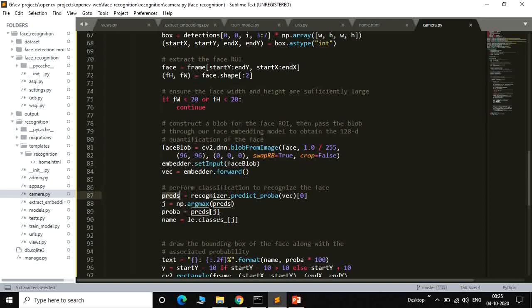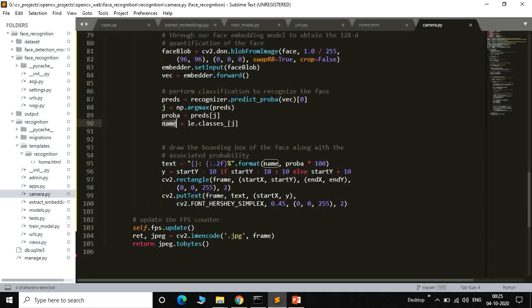We have a particular array with that name, and we pass that name. The le basically has a dictionary, and name-wise we show the frame here, and that name will be shown above the rectangle.